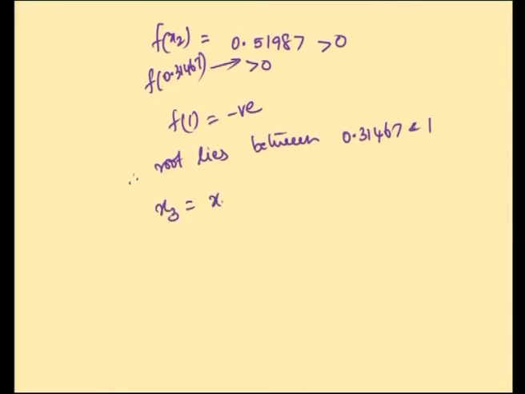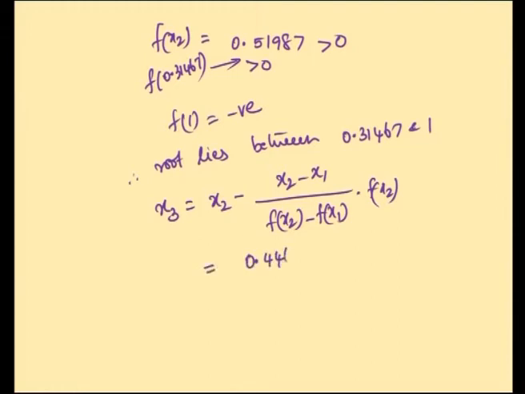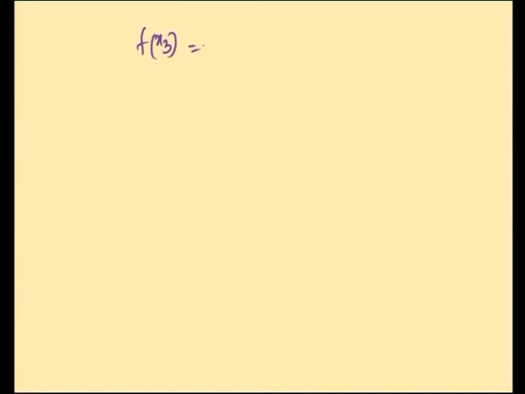So you calculate x3. x3 is equal to x2 minus (x2 minus x1) divided by (f of x2 minus f of x1) into f of x2. The answer comes to be 0.44673. This is x3. So f of x3 is equal to f of 0.44673, which is 0.20354, greater than 0,